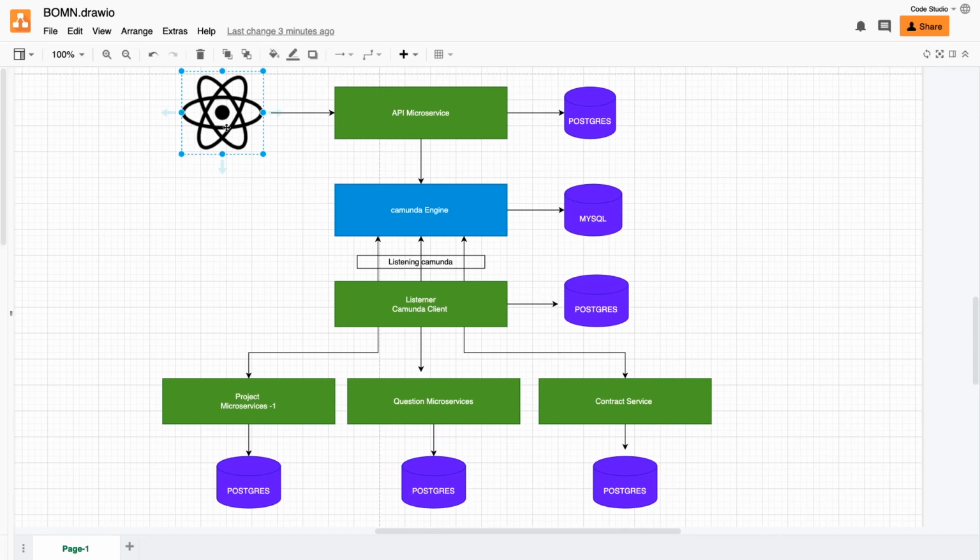This is our front end. What we are doing is, from the front end we are making a request to, let's say, an interpreter service, or let's call it a simple microservice, which is intermediate to your Camunda engine and your front end. You can also send a request directly from your UI to the Camunda engine, because Camunda engine is exposing REST APIs. But let's say to manage the workflow and all these things, we have this API microservice.